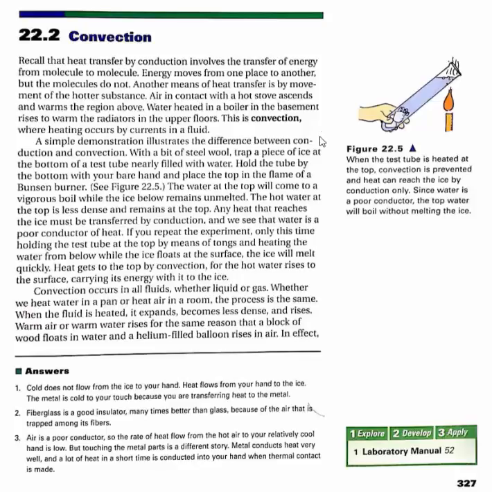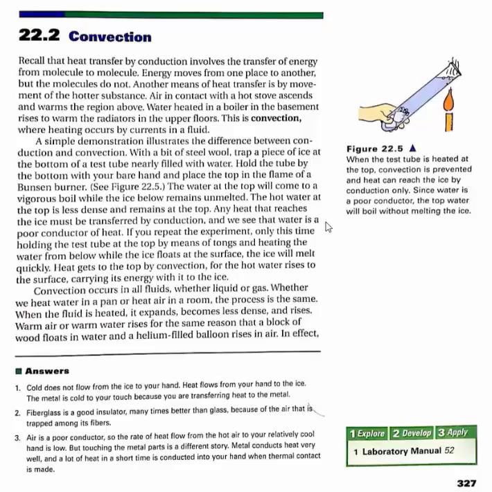With a bit of steel wool, trap a piece of ice at the bottom of a test tube nearly filled with water. Hold the tube by the bottom with your bare hand and place the top in the flame of a Bunsen burner. The water at the top will come to a vigorous boil while the ice below remains unmelted. The hot water at the top is less dense and remains at the top. Any heat that reaches the ice must be transferred by conduction, and we see that water is a poor conductor